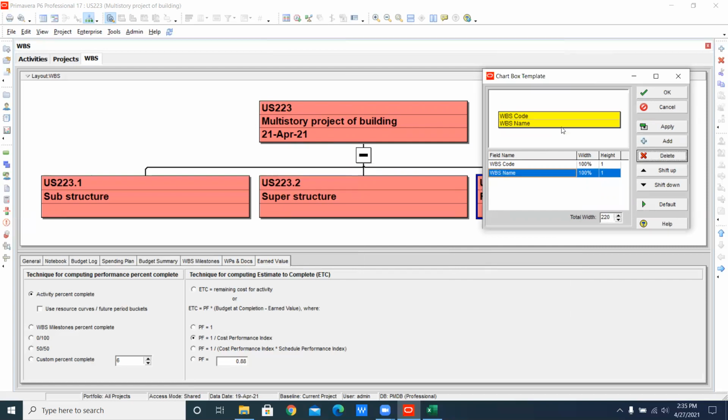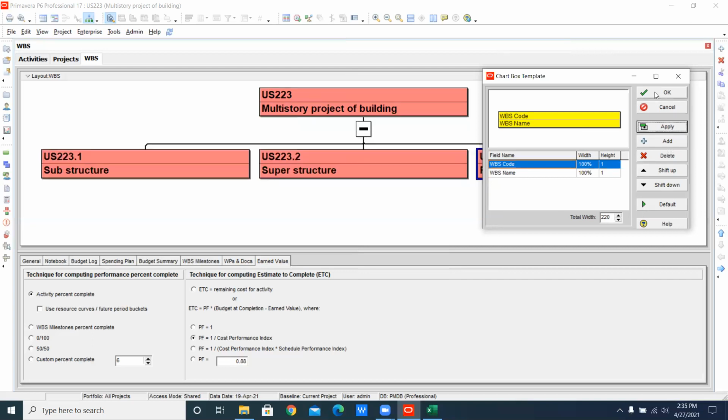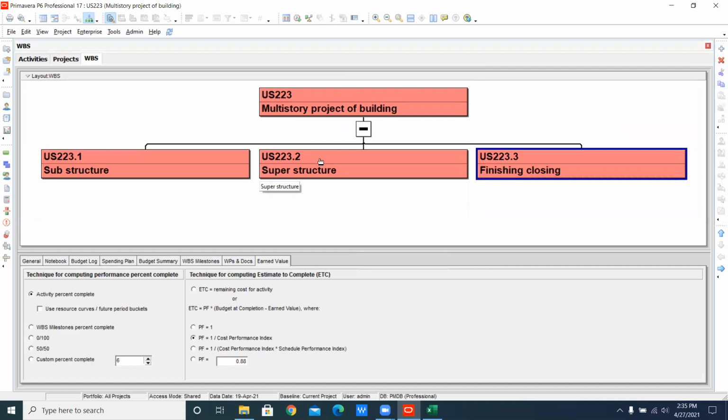Whenever you make a tree, you may have to remove the WBS code. You have to remove something else. Then this technique will be very useful for you. Don't panic, don't be confused about what is written in the chart. If your concept is clear on Primavera P6, then everything is clear on Primavera P6. Try to make your concept clear, because the concept is very, very important. Without any concept, you can't do any project, any single project, even of 10 activities.